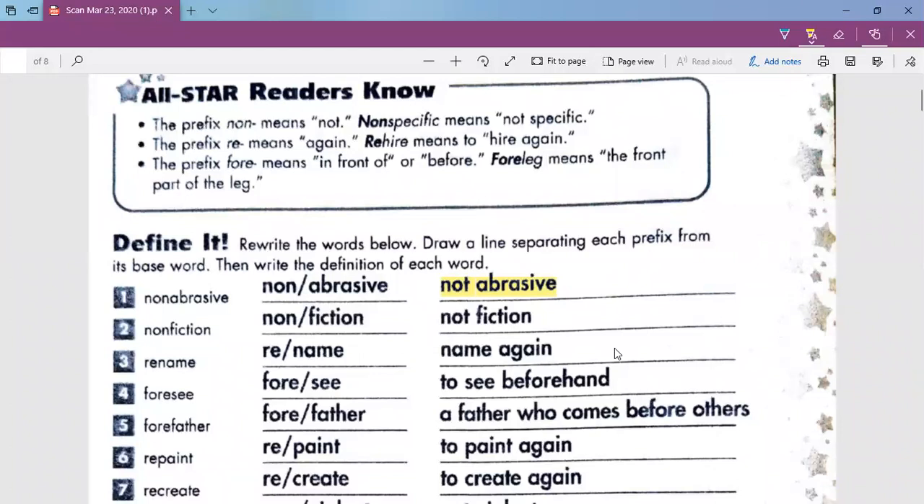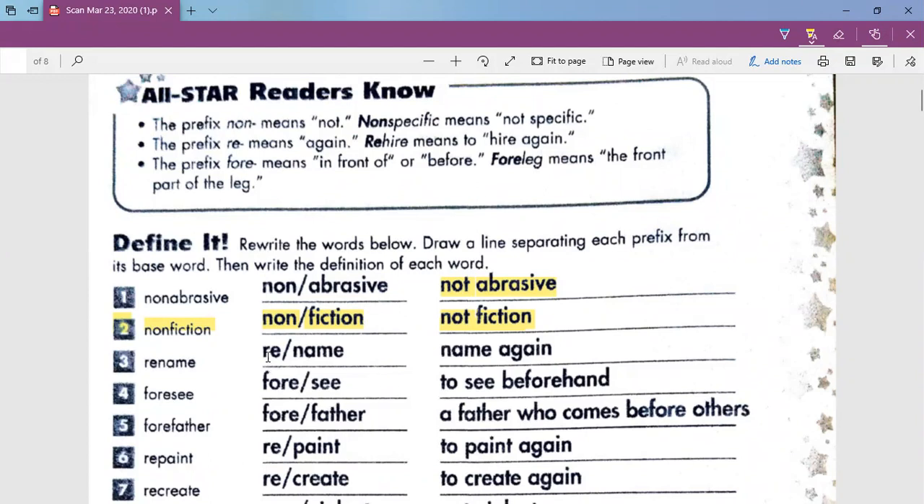It says non-fiction. You are obviously supposed to separate the prefix, which is non, from the base, which is fiction, okay? And the meaning of this word is not fiction, right? Very good. Which means real, in other words. Then we have